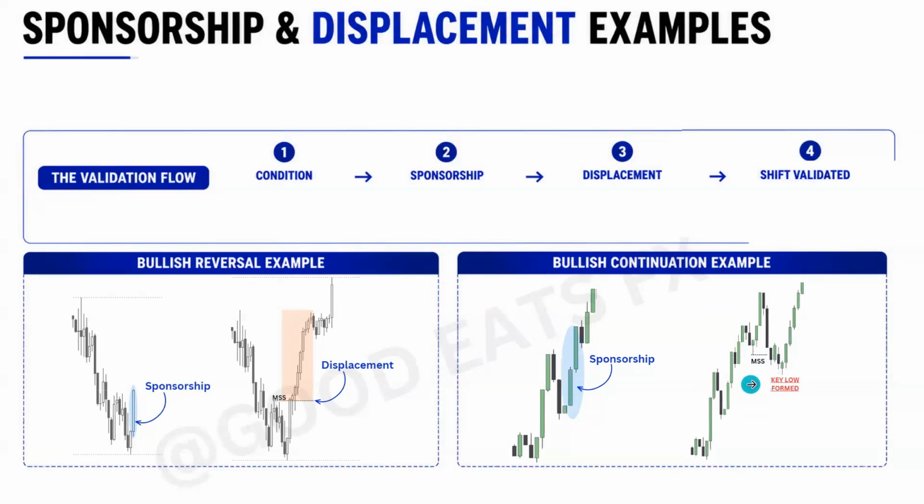And remember, all a key low means is that we're bringing our attention to it because we're identifying the trend being bullish. We expect it to continue higher. So we need to see displacement above that last shift lower. And that's what we get here. So continuation market structure shifts are going to be our trend trading